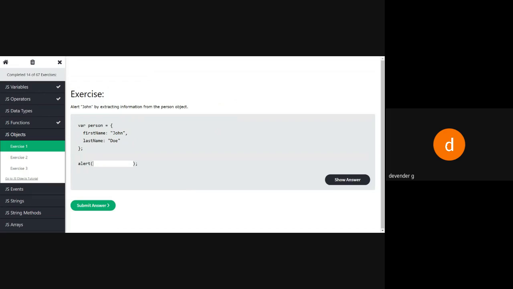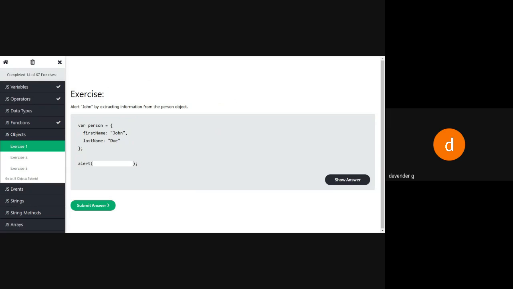Now we are going to go for the object. We have already seen how the object is declared. Now I want to print the elements of the object. How am I going to print the value? Here I'm saying that a person is there, first name John, last name Dio, but he was asking I want to print only the John.